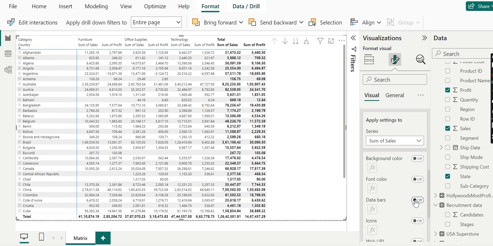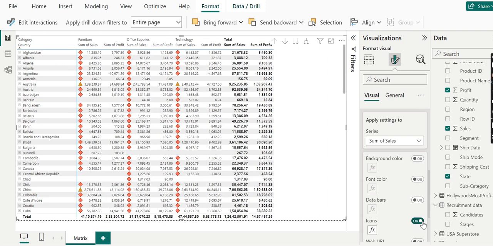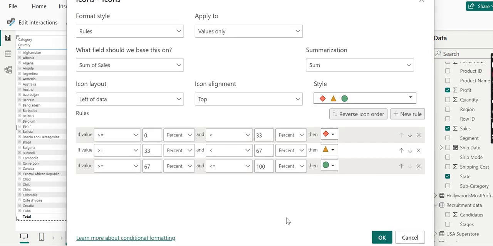If I am clicking it off, icons. We can see some icons are showing, a few are triangles. The icon layout is left of data, alignment top, and the styles are these.